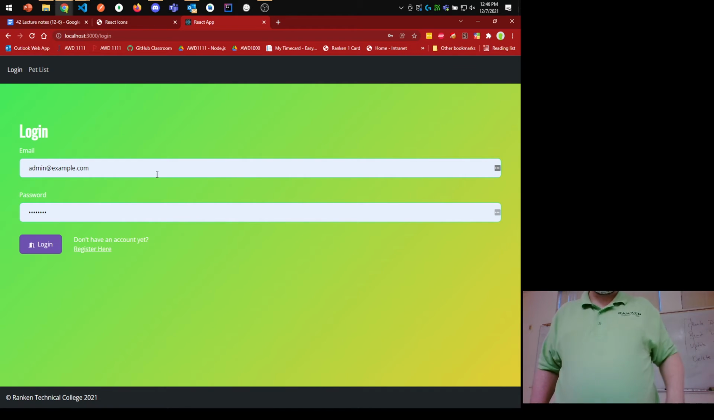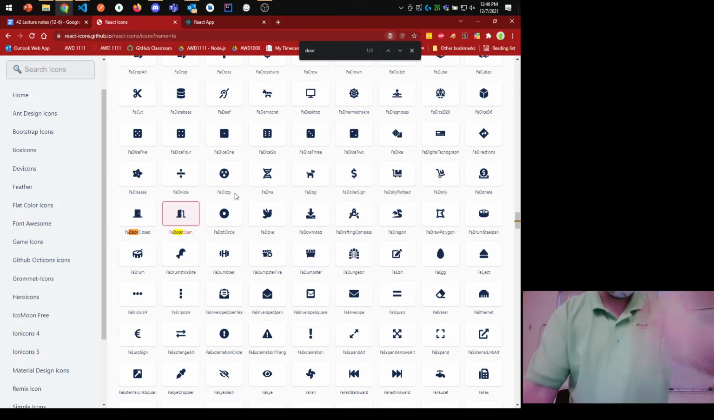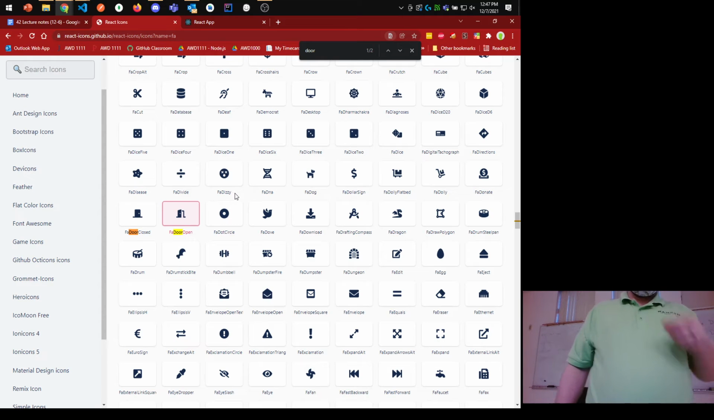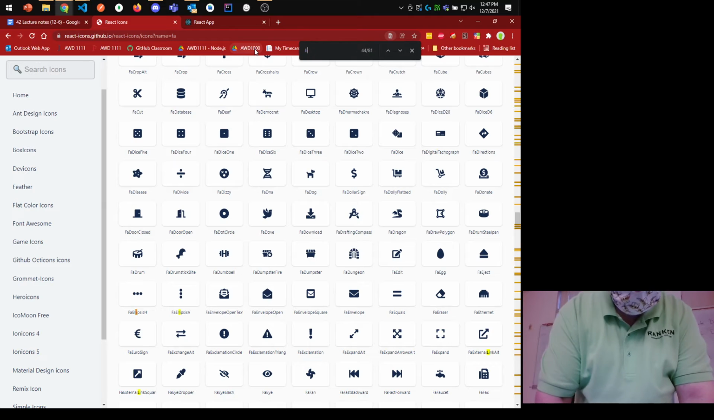So I oftentimes will add that to most, if not all, of my buttons. I can do the same thing if I want to go to, say, the nav bar and maybe add some icons there. So we have a login and a pet list link up in there. So I want to add an icon for both of those. So back to my list of icons. Again, I'm going to use FA door for one, and maybe I look for some sort of list icon for the other,